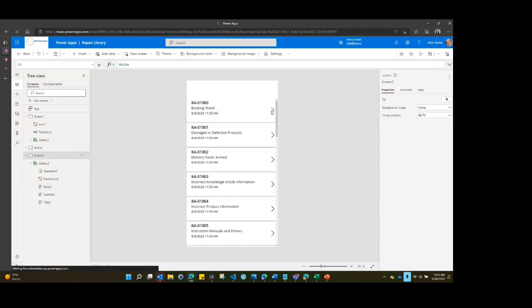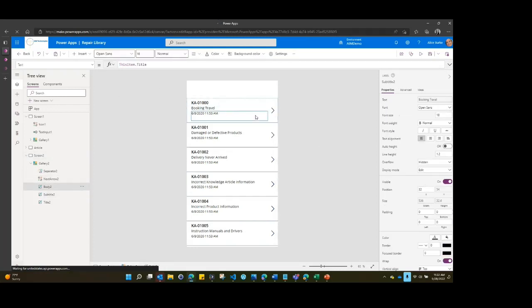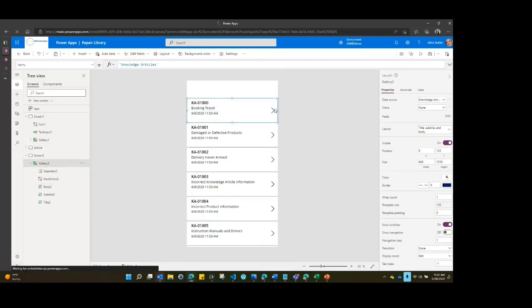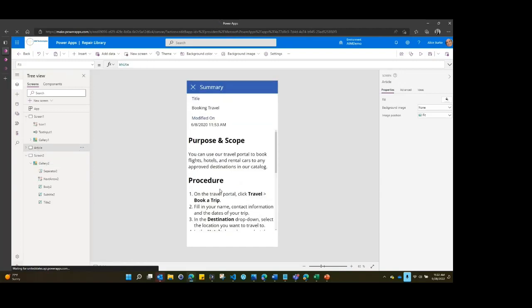So you can change all of that, and then you can add the functionality that says when someone clicks on this arrow here, the action is it's going to open the article. And so this would be what the next screen looks like, where it has the information that came from